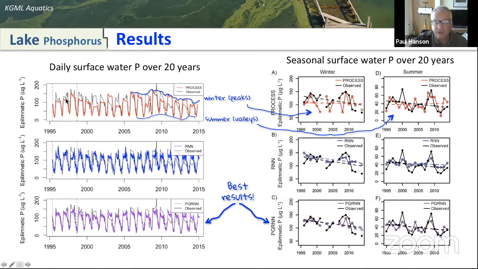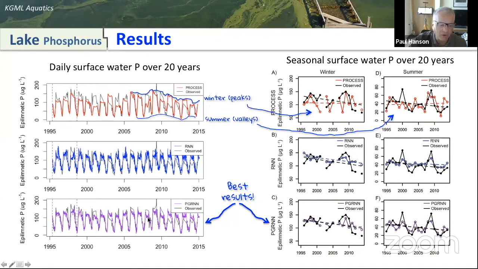The process-only model does a pretty good job of capturing the annual dynamics in the system, but it misses some of these high events early in the time series, and then decades later, misses some of the lower events. This doesn't look like much, but this turns out to be a significant miss on the predictions. The recurrent neural network does a better job than the process model by quite a bit, actually. But you'll see a lot of high frequency jitter in the recurrent neural network and values that, when you look at them closely, don't represent realistic changes in the system. Naturally, the KGML gives us the best predictions.